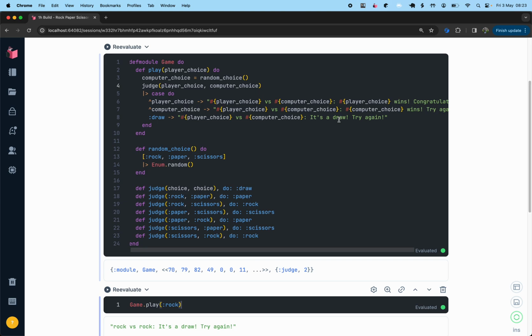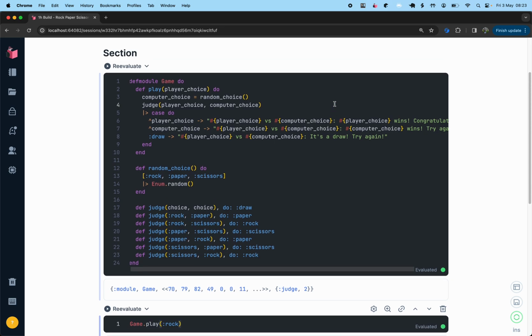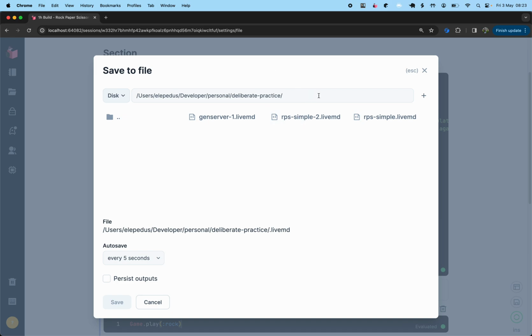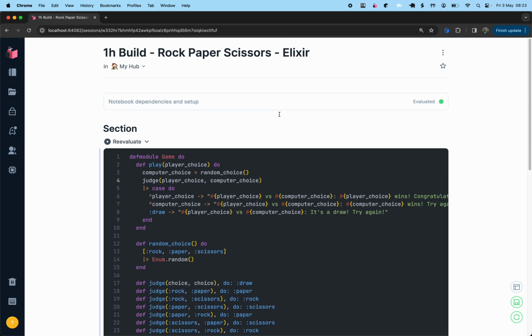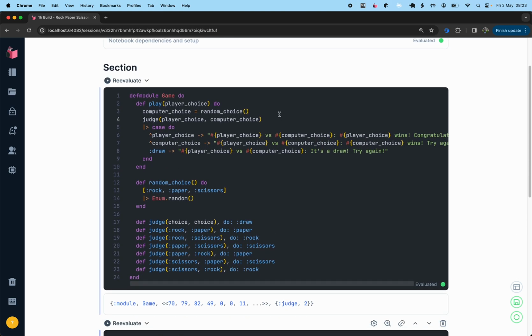I think this is a good point, though, to save it, and we're going to save it as build Elixir. Save that. All right. Okay, so